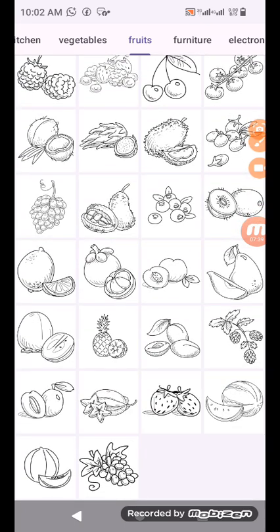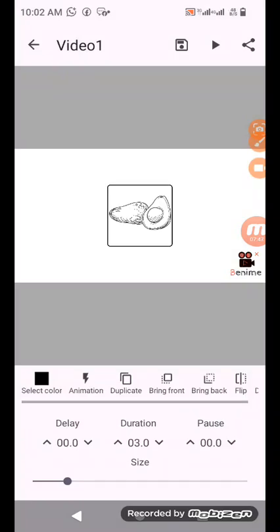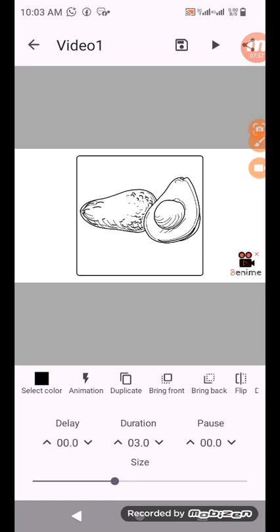Okay, let me just choose one of the fruits here. Any fruit, okay, this avocado. I just choose it. Assuming this avocado now I choose. Remember this part one. Now I want to just show you. Now I can increase this. Now if I decide to stop at this moment and feel that this is all I need for now, I might still choose select color and all that. But let me leave it for now.